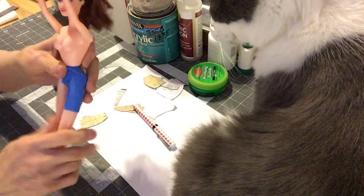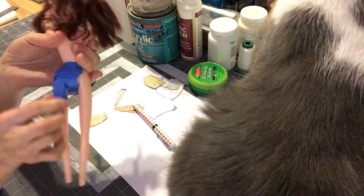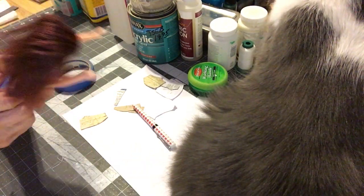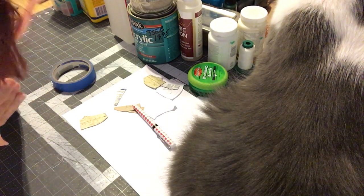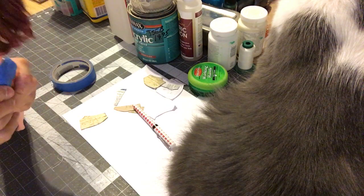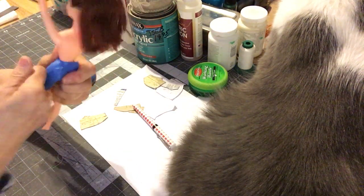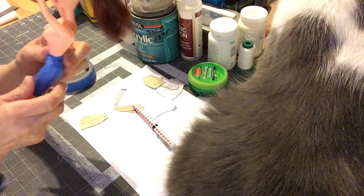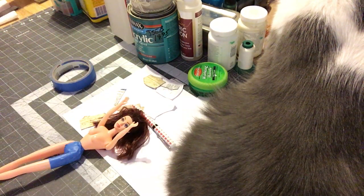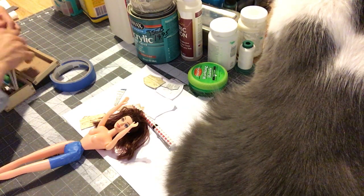And so on. So now we can do half of her body. Make sure that they're really, really good because it's important. This painter's tape doesn't hold on as much as the other one, but it will work. Now with a very sharp setter's knife, and